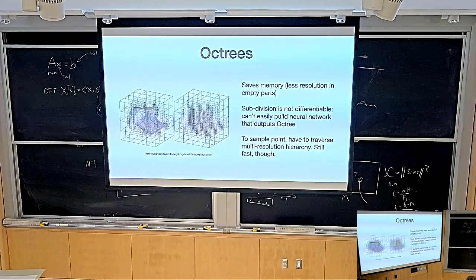So this is just something to have heard of. And this is now interesting. This is a trade-off that you'll always be facing. What does this do? It saves memory. When you store this voxel grid, it saves you a lot of memory because you're wasting less memory on things that are empty. But it increases the time it takes to query the function, because now you can't just go to the right index and retrieve the value there. Now you have to traverse a tree of subdivisions to figure out where in your array you actually want to query, and the arrays that store these octrees are also a little bit complicated.